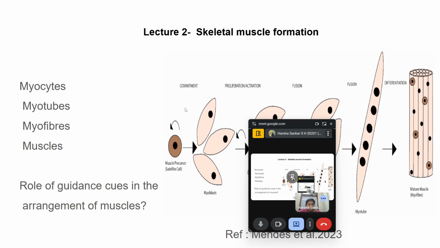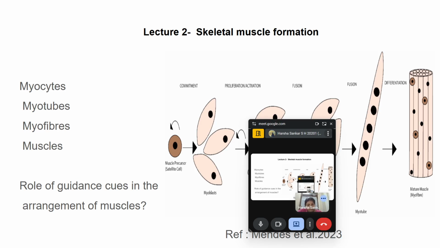Now, the second lecture was mainly about skeletal muscle formation. As we all know, each organ system consists of a hierarchical organization starting with the cell, then tissue. Even before the cell, there is the molecular level of organization, then cell, then tissue, then organs, then organ system. Like that, if we look at the structural hierarchical organization of muscles, we can see there are